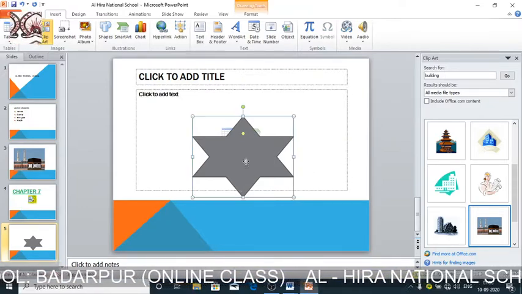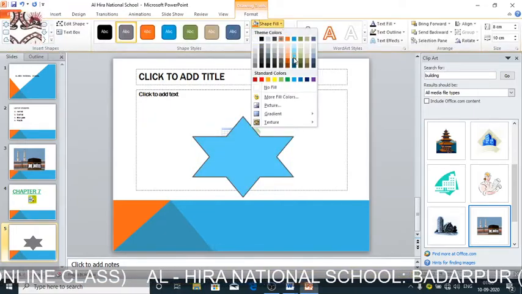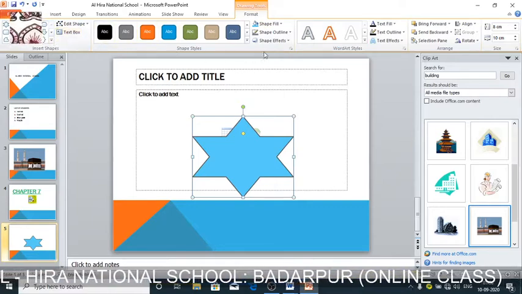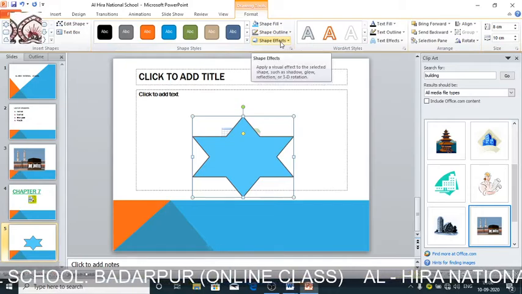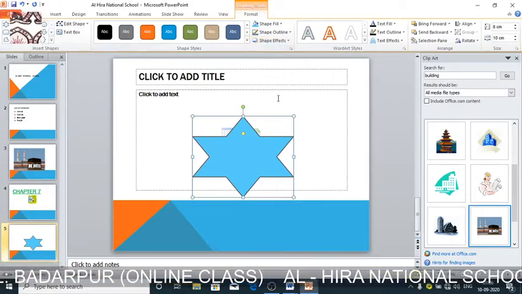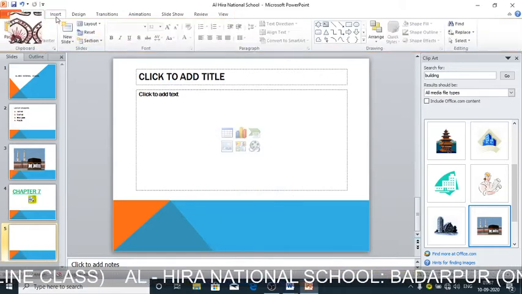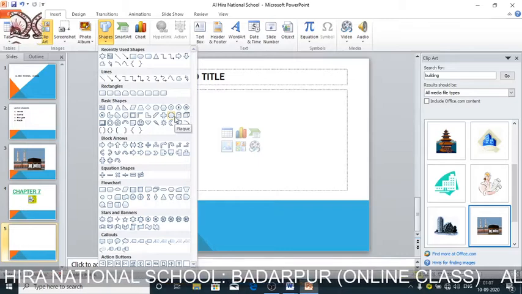And we can also fill the shape with any color. We can take any design, we can fill it. I think you've seen, I'm again showing. So we'll click the shapes, and then we'll select the auto shape.